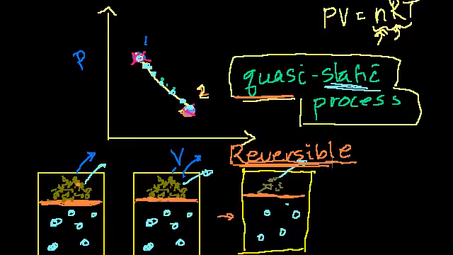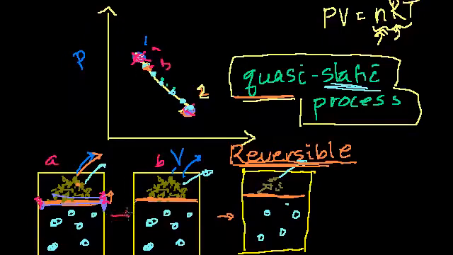But the idea of a reversible process is something that happens so slowly. In this example, I took off a grain of sand and got to this state. If I assume no friction, when this piston moved up a little bit, in the real world, say this piston was metal, when it rubs against the canister, there'd be a little bit of friction generated, and a little bit of energy would be dissipated as friction or heat. But in a reversible process, we're assuming that this is frictionless. When anything happens in the system, when we go from this state right here, let's say this is state A, to state B,